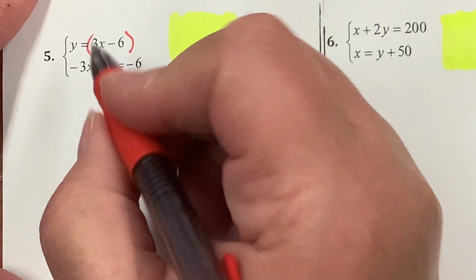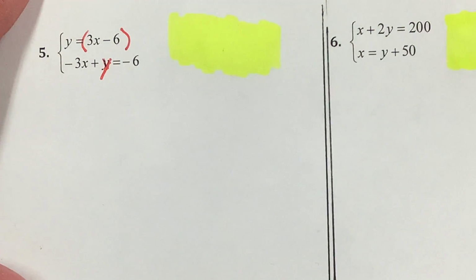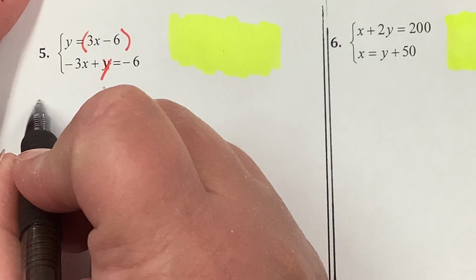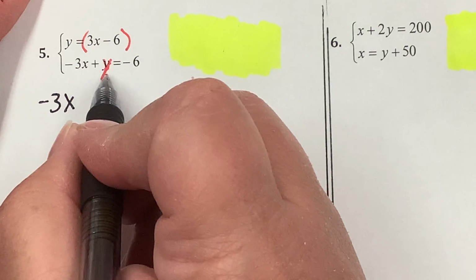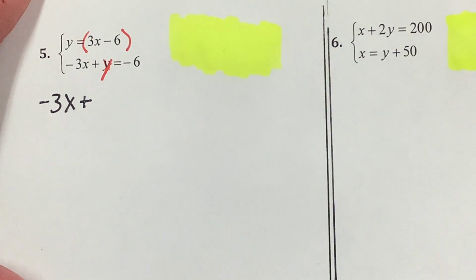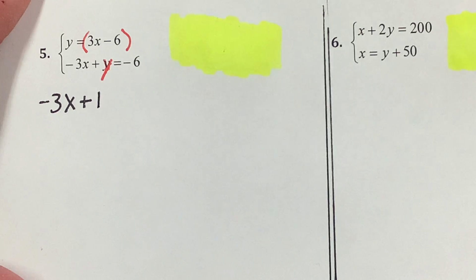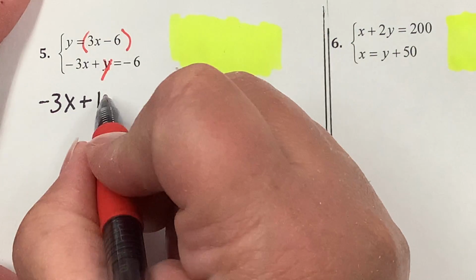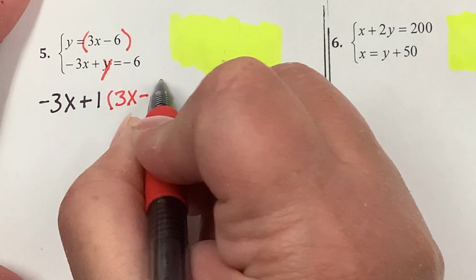That's what you're going to substitute for this y down here, and you have negative 3x. So I'm going to substitute this into this equation. I have to start with that part of the equation, and there's one y here, so I'm going to put a 1 here. And that's what I'm going to use to distribute into 3x minus 6